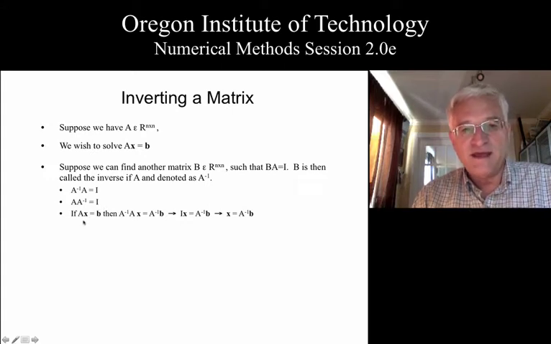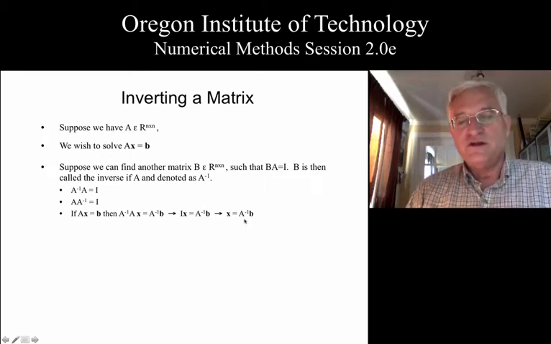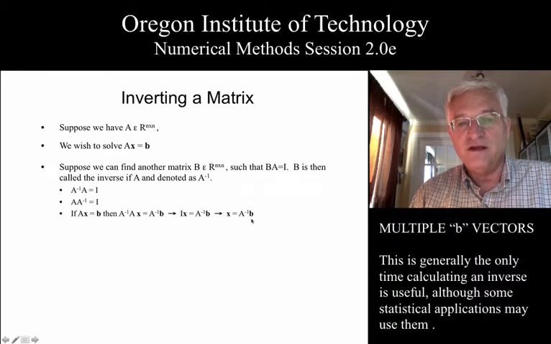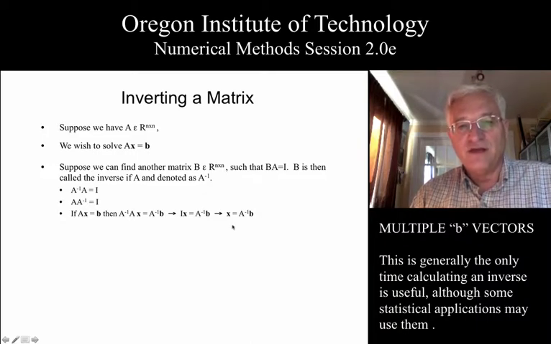So if we're trying to solve Ax = b, we can pre-multiply that equation on both sides by A inverse, and that will allow us to replace A inverse A by the identity. And an identity times a vector is just that vector, and therefore the solution is A inverse times b. This is why it's useful to have an inverse if your b's are changing. In other words, if you have more than one b of interest to solve the system, you don't have to keep reproducing your A inverse.